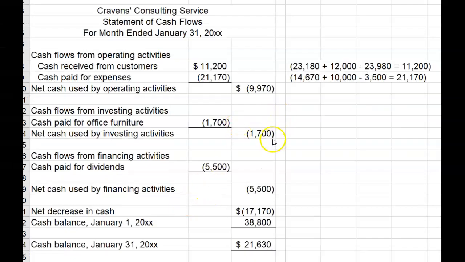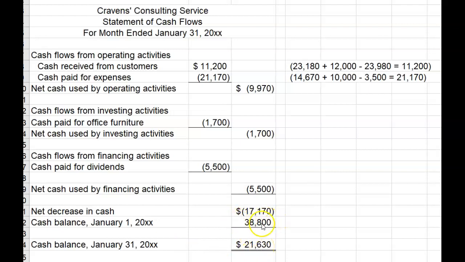So in this example, more cash was paid out during the month of January than was received in all 3 sections. Operating activities used $9,970 in cash. Net cash used by investing activities was $1,700, and net cash used by financing activities was $5,500. So the net decrease in cash for the month was the total of these 3 amounts of cash used. Net decrease in cash was $17,170. We need to subtract that from our beginning balance of cash on January 1st to calculate our ending balance of cash. Let me show you where this